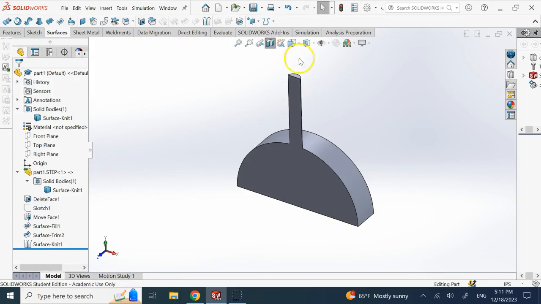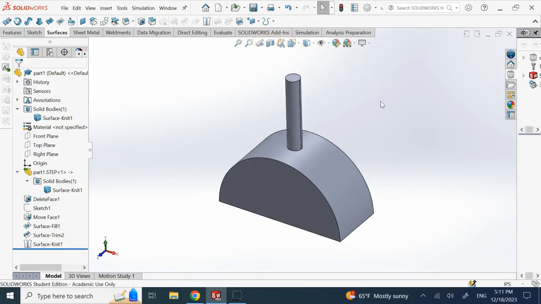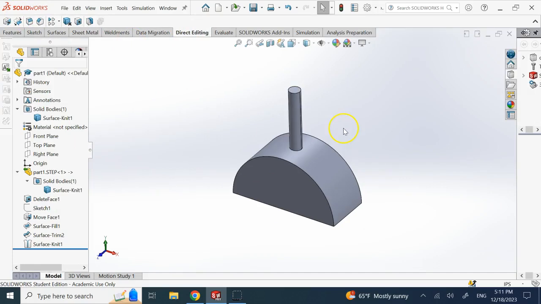Okay, so that's another way that some people do it, but I just wanted to show you the power of deleting a face. When you delete a face out of a solid object, it will convert it into a bunch of surfaces, and now you can do lots of things to the surfaces. Okay, you can trim them, you can do direct editing, you can move them around, and you can do lots of manipulations. So this was what? This was a